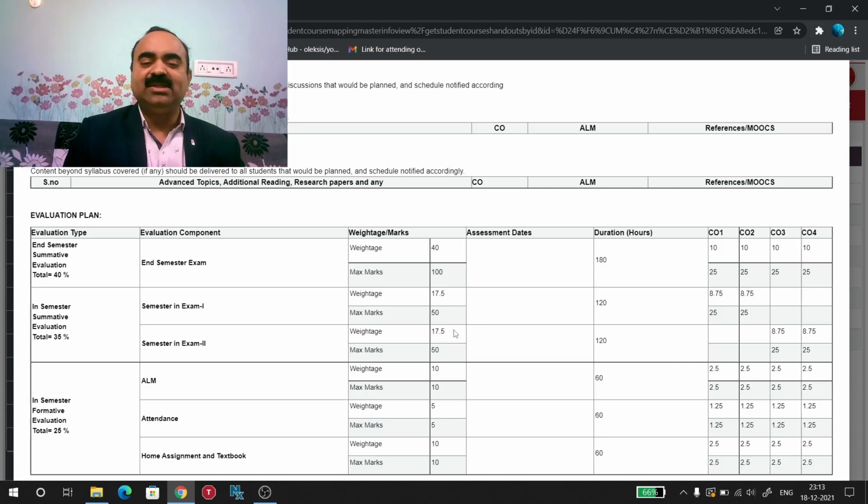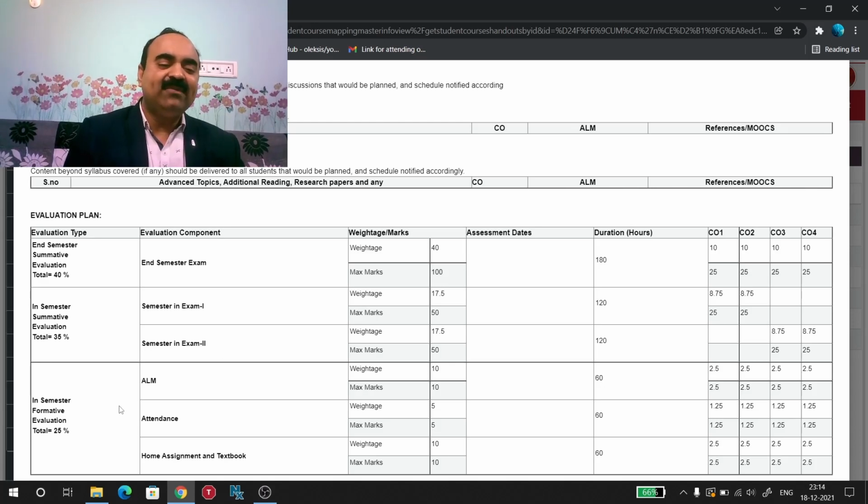So, a student can be awarded 35 marks out of 100 marks in a course through internal examinations.